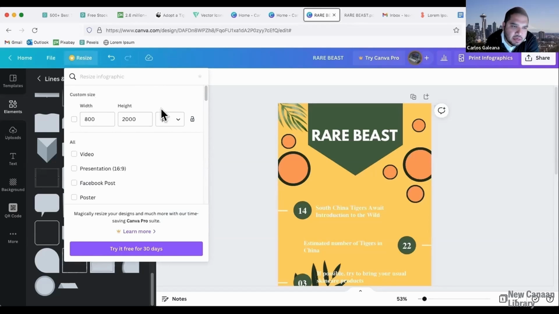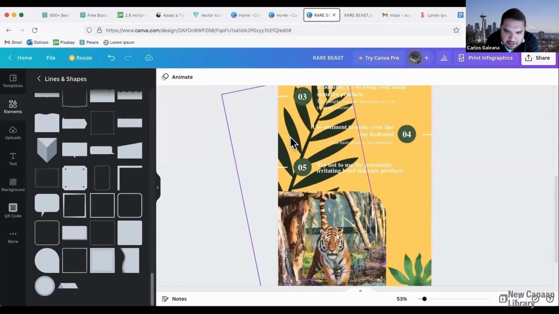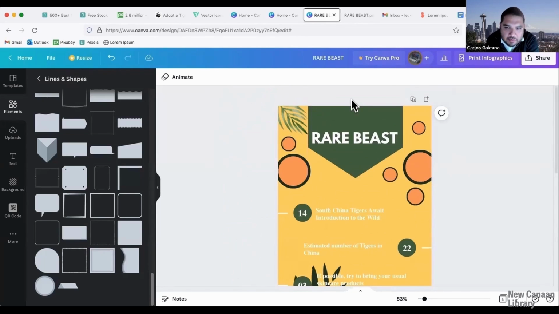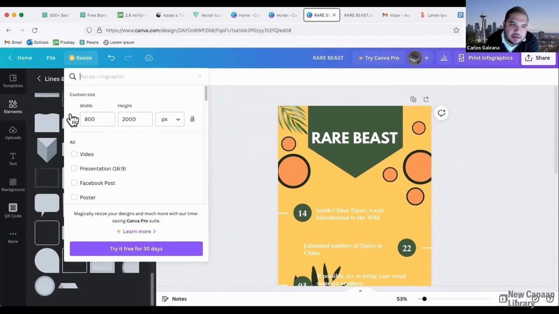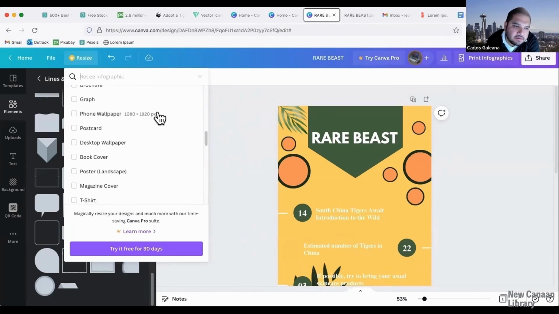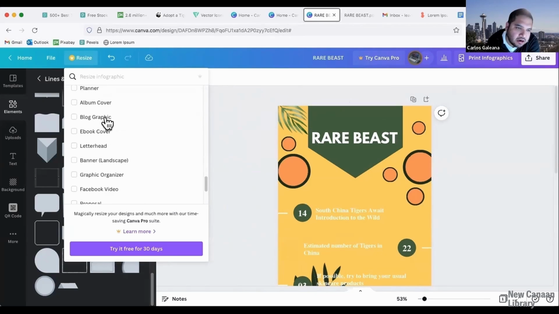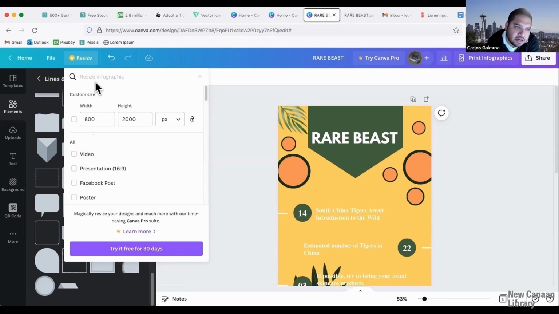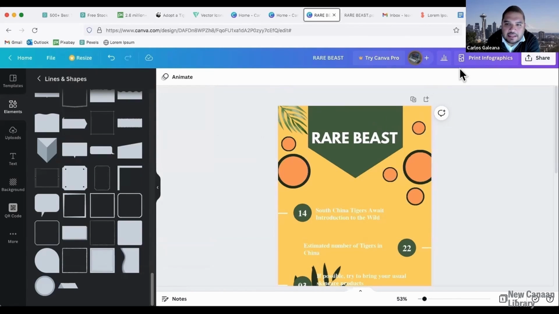I would say this is my biggest concern with Canva is that if, let's say, I currently have a project and you can see that it's very rectangular in shape. But if I wanted to change it from a rectangular shape to a square-like project, I would have to pay for that to make that adjustment. So that's one of the features that is not available for free. In terms of different sizes, here they are, but it's not part of the free version because it has a little crown feature. And then once you have the paid version, it actually gives you access to a ruler as well. So that is not really available to you.